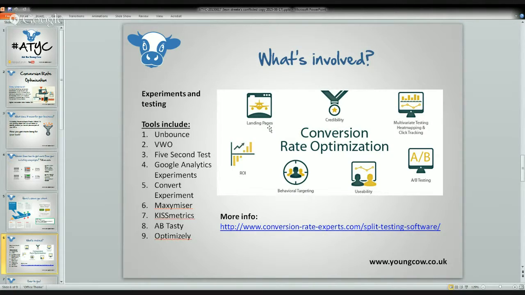And then the final part is ROI. If you don't know what ROI is, it is return on investment. Basically, how much money are you making, or the results. What return are you generating? If you're generating leads, you're probably not going to generate money until you've closed those leads into actual sales. If you have an e-commerce website, you're probably getting the sales directly from the website, so you can calculate the money.